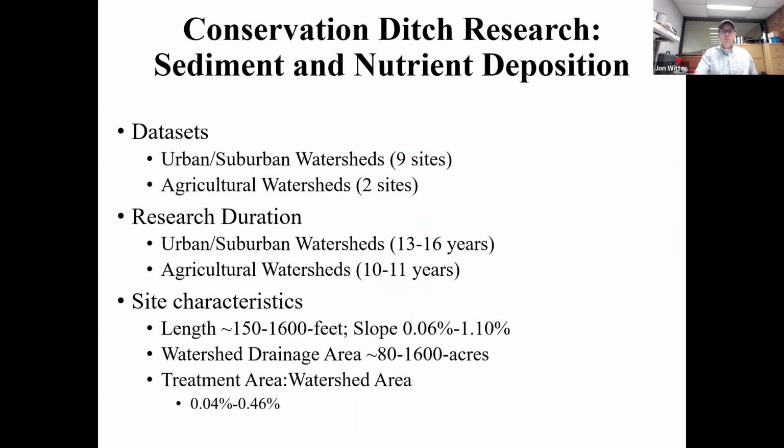So just tools in the toolbox. I'm going to share a little bit of the research data we have on this sediment and nutrient deposition, a little bit about our data sets. We've got 9 sites that we've looked at,